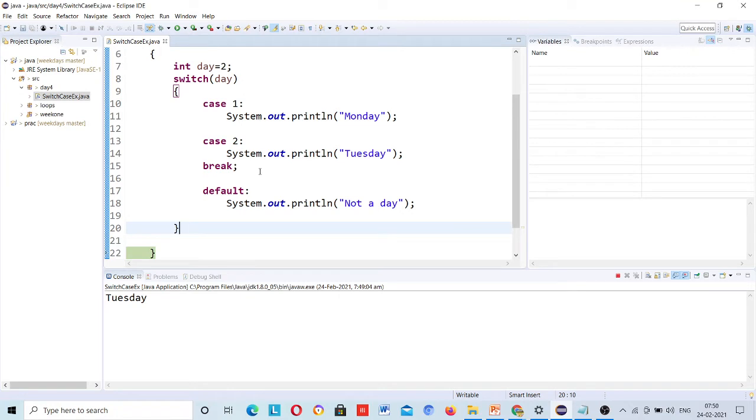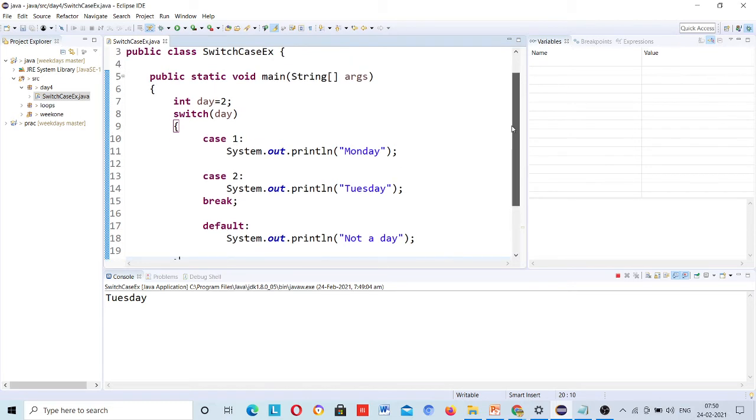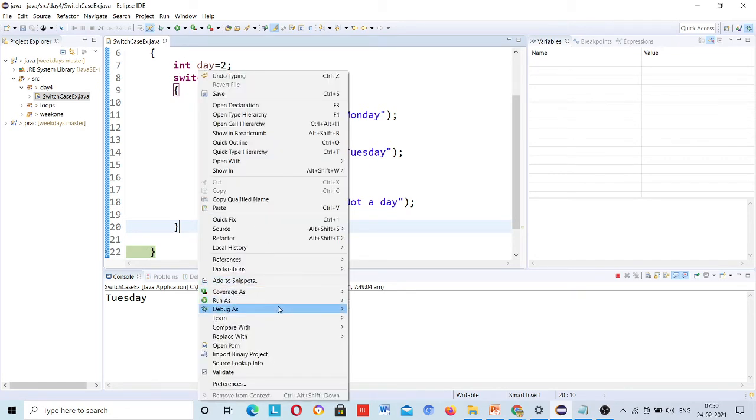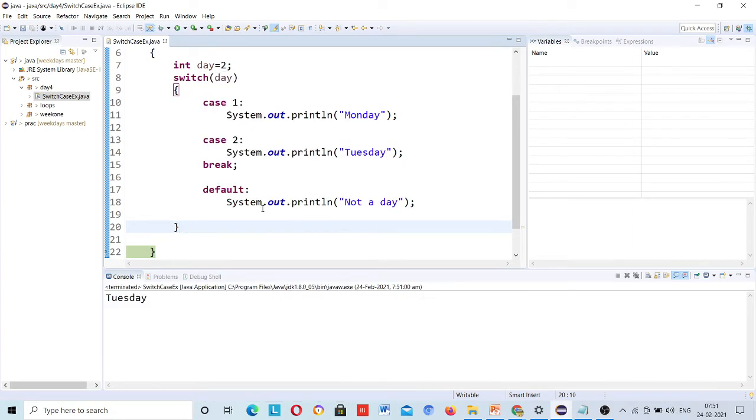I may forget because I am just giving you training, but in your project please remove all debugging points wherever you have put them. I will run it again, and this is your output.